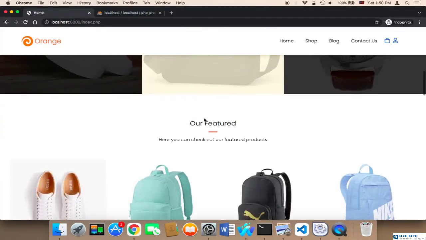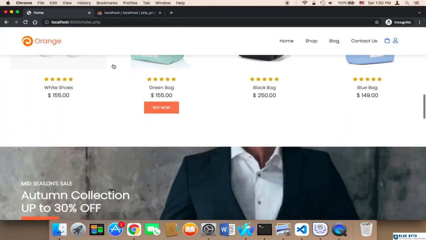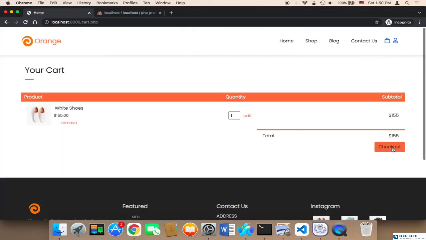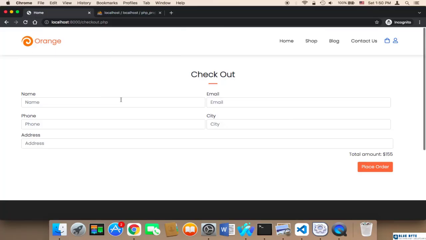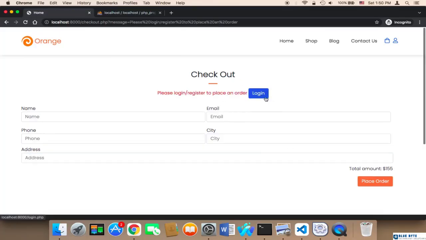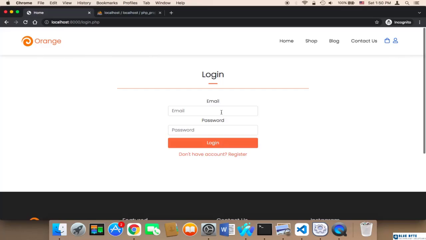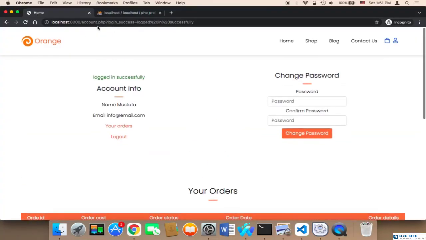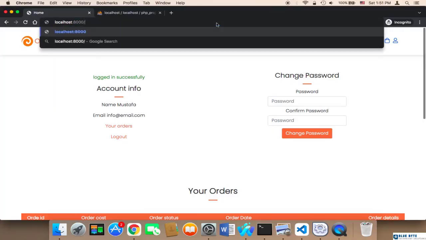So now let me test. Let me now log in first. Let me log in and try to place an order after I log in, because now if I try to place an order I will not be able to. So again, if I click on place order, it's not going to work, so I first need to log in, and if I log in, let me log in and place an order. So if I click on login, now I will be able to log in, and if I go to the cart, let me go to the cart. I'm going to say cart,